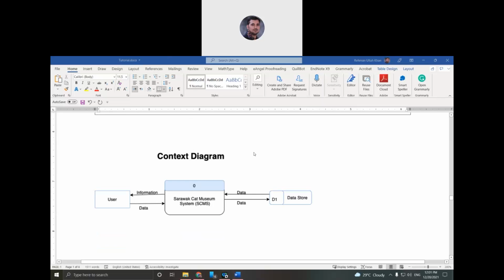Okay, let's continue. So we will bring all the use cases that we have discussed until now. We will bring the same idea to the DFD and to the ERD. So the first diagram in DFD is a context diagram. And don't be confused, in a context diagram, we are describing the whole system very generally.